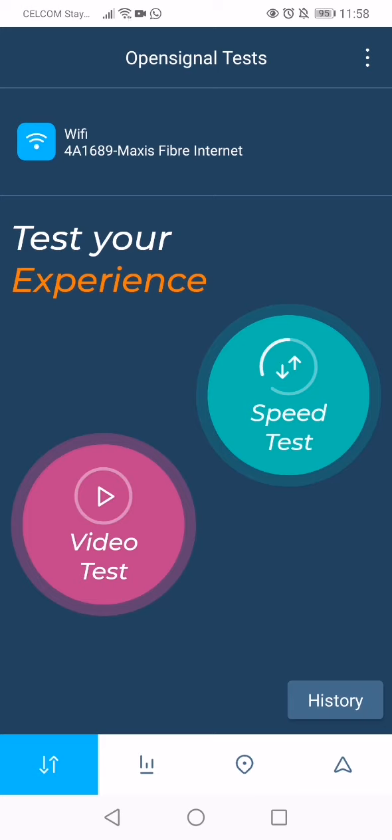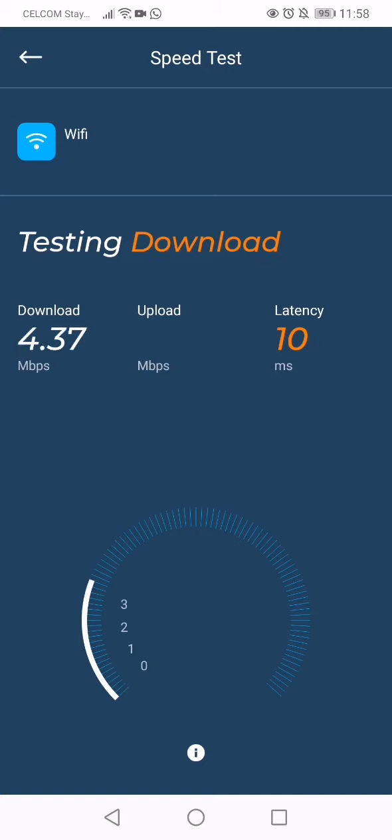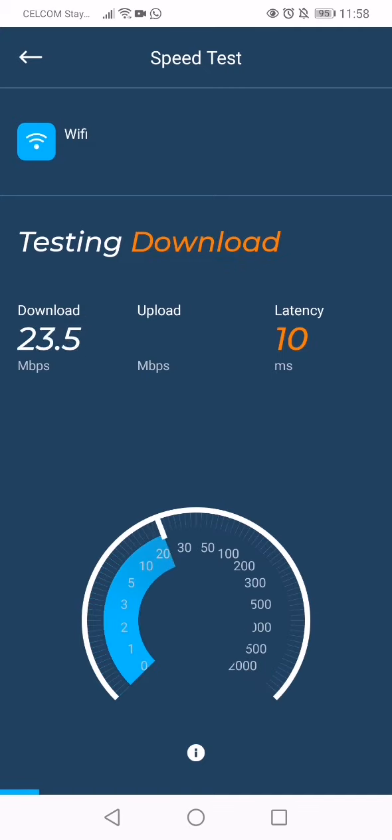There are two tests that you can do. You can test for speed, or you can test the quality of the video, i.e. if you want to stream videos, then you can use this particular one, right? But there are two things that we will do. The first one is simply to test the speed of our internet connection. So how do we do that? Very simple. You just press the button, and then the app will do certain things to